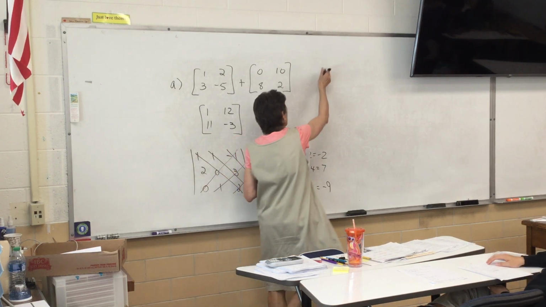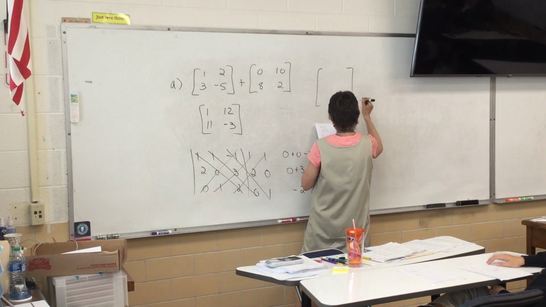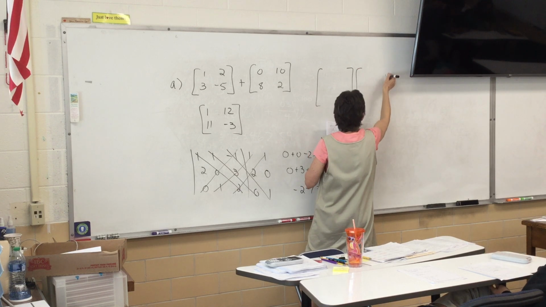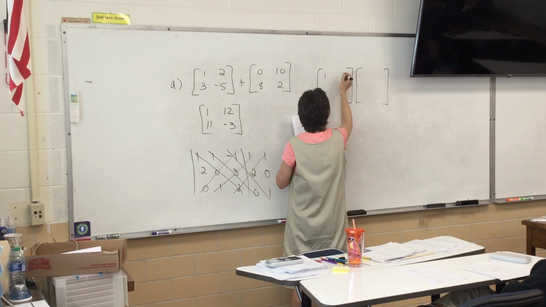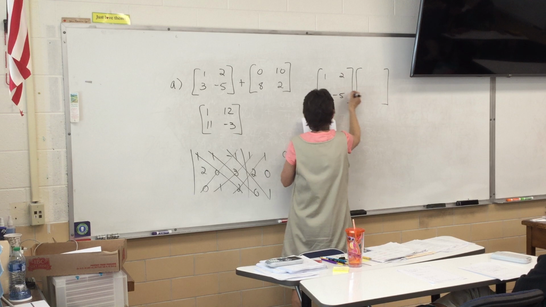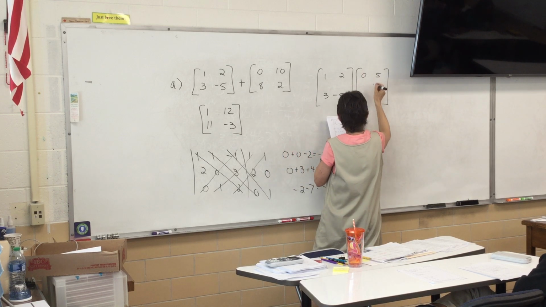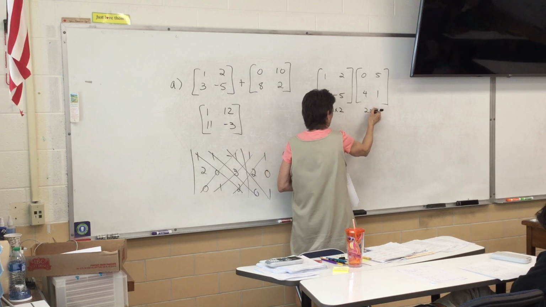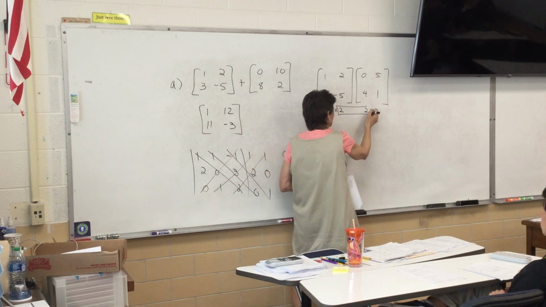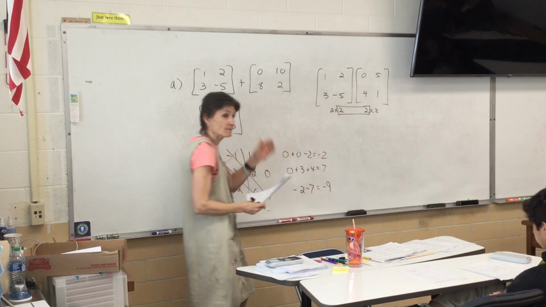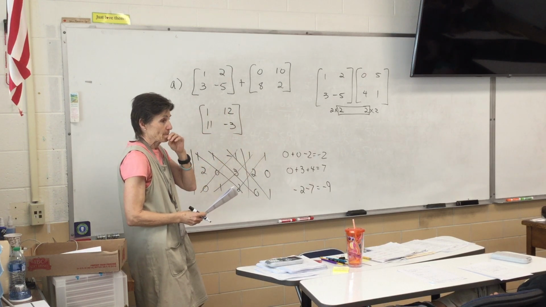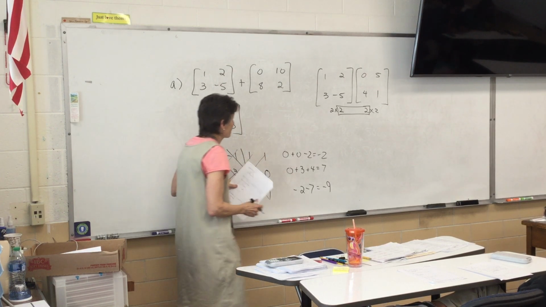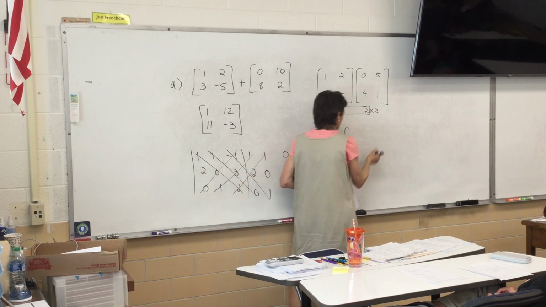And then C is A times B. Sometimes, remember, you can't even do this. But I think I can do these because this is a 2 by 2 and this is a 2 by 2. And the rule for multiplication is those 2 numbers have to match. So to get my answer,